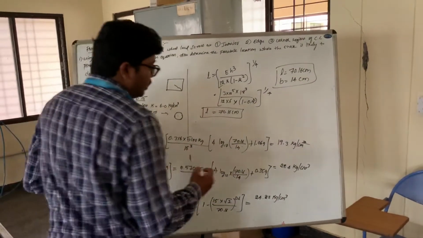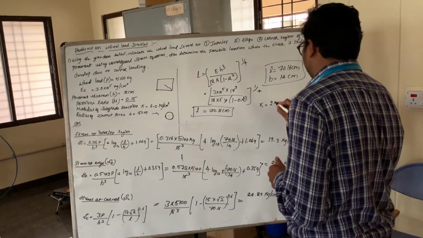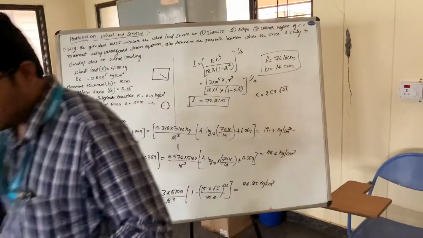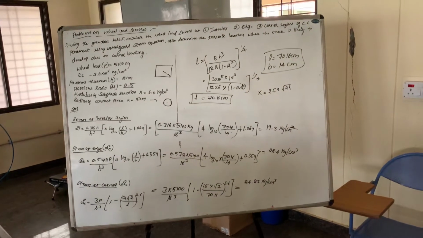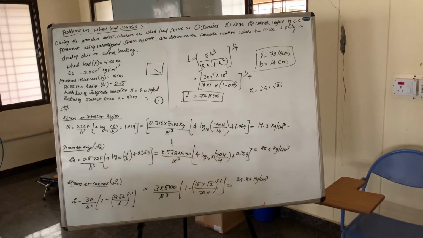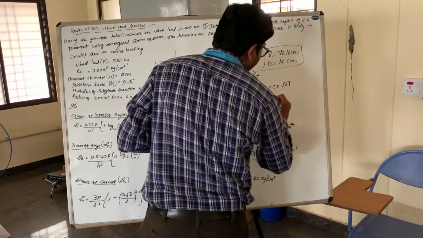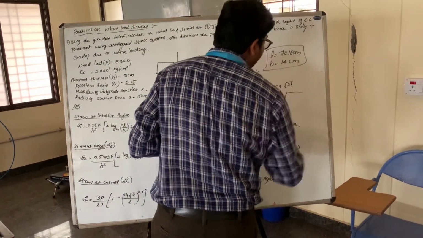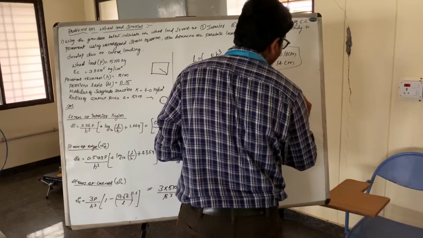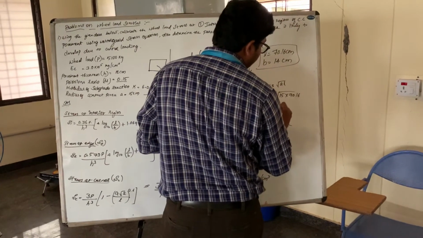So here x is equal to 2.58 root of A L. There is a formula for calculating the distance from the corner of a slab. So here x is 2.58 into root of A, the contact radius, that is 15 centimeter, into L, which is 70.16. So finally we got the value of 34 centimeter.